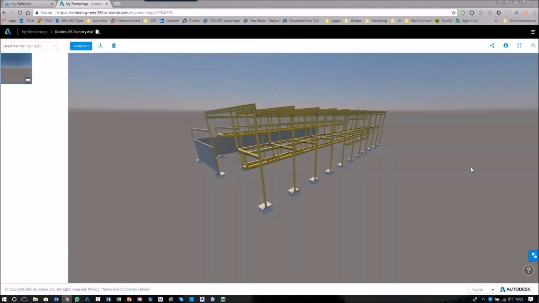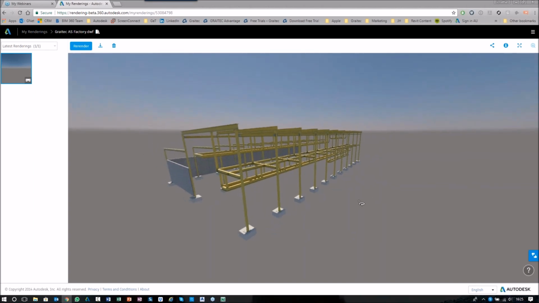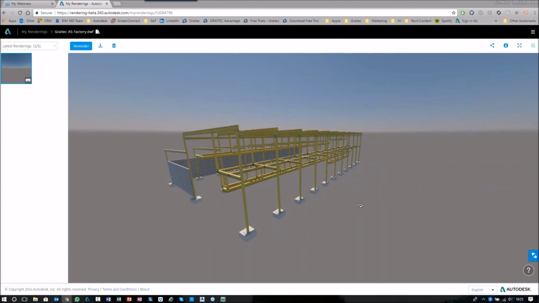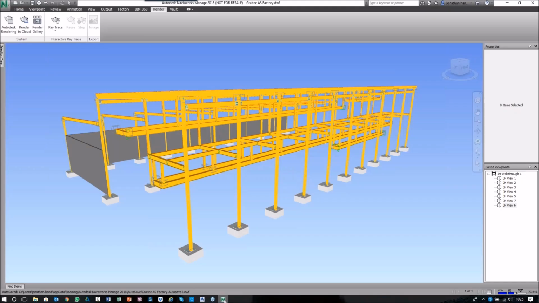Just had another question. Can we combine the walkthrough with the build sequence? And yes, you can link it. So there is an option that when you're in the animator panel, so you've got the animation here,